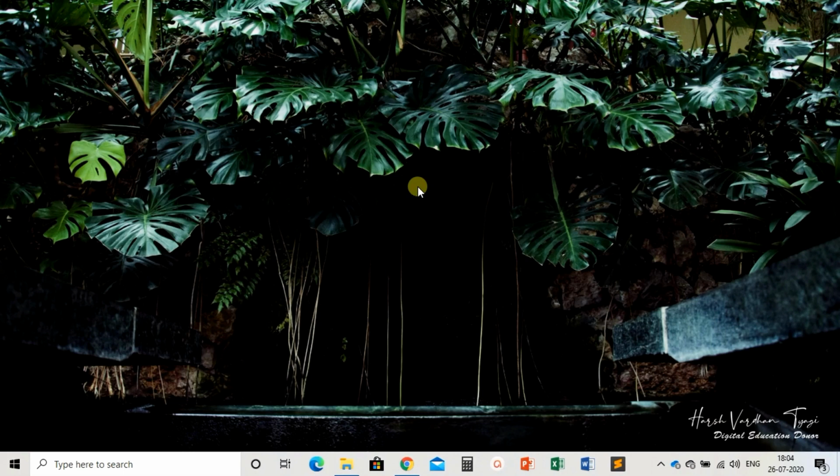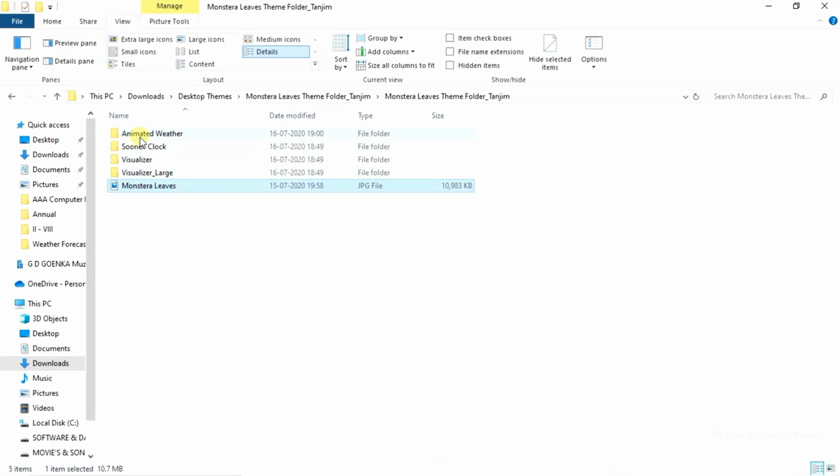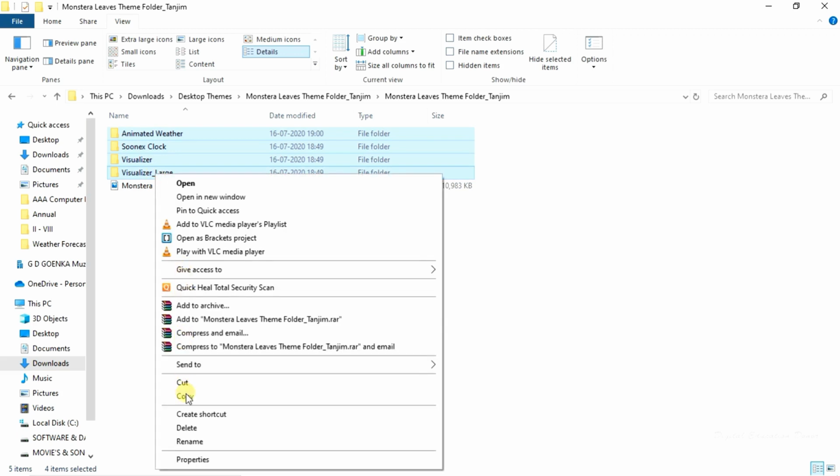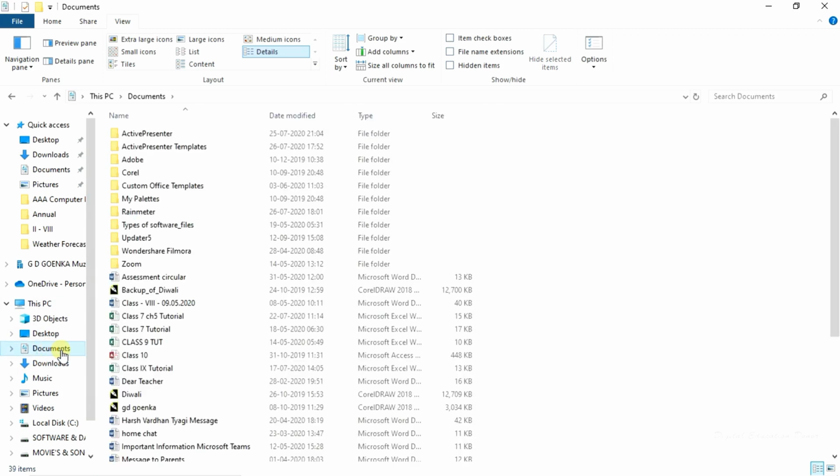Now what you have to do, apart from this image, whatever folders are there, you select all the folders and copy these folders. Then go to the desktop, Documents, and in the Documents folder there is a folder called Rainmeter.